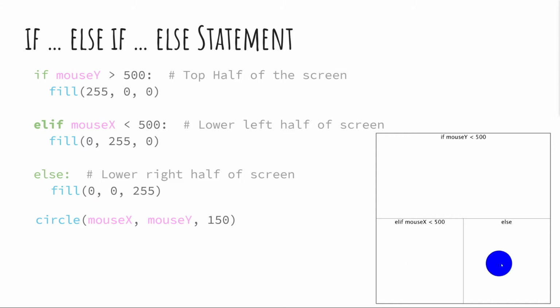If that's the case, then it fills with green, which is 0, 255, 0, and then jumps all the way down to the circle line. Finally, if neither of those two things earlier were true, it then fills in with blue, and then it exits and goes to the circle line.